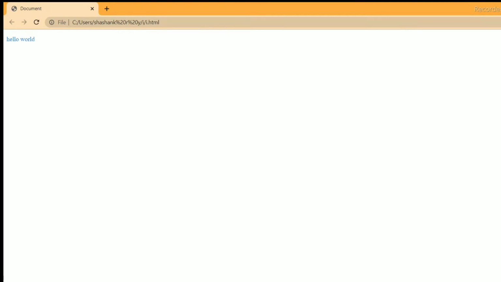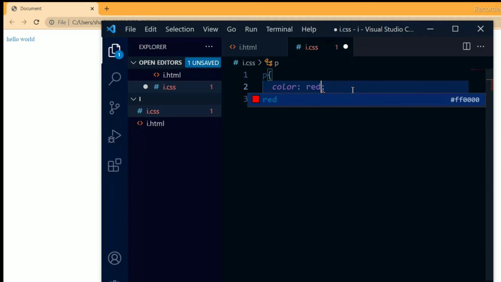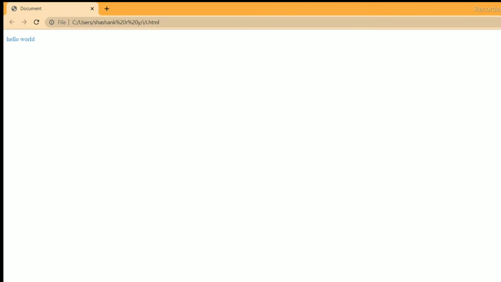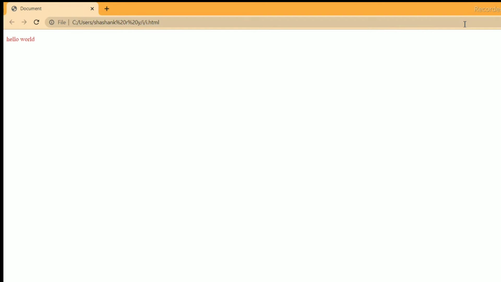At last we have the normal colors. How to use normal colors? Instead of using hex, we can directly use colors like red, blue, green and almost all supported colors. There are some least supported colors, and for that purpose only the RGBA and hex coloring codes were invented. As you can have a look here, I use a red color, therefore it is displaying red.